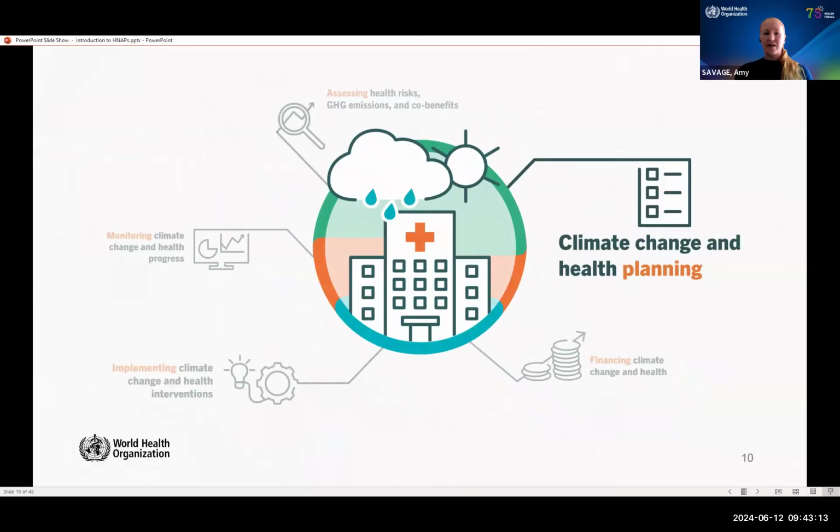So climate change and health planning. And this includes the HNAP, of course, but also the NDCs, and we will have another webinar on the NDCs, the long-term low emissions development strategies and other plans, as well as integrating climate change into health planning. And then, as I mentioned, the HNAP is not just a plan, but also a process. So as part of the HNAP process and the overall process for building climate resilient and low carbon health systems,